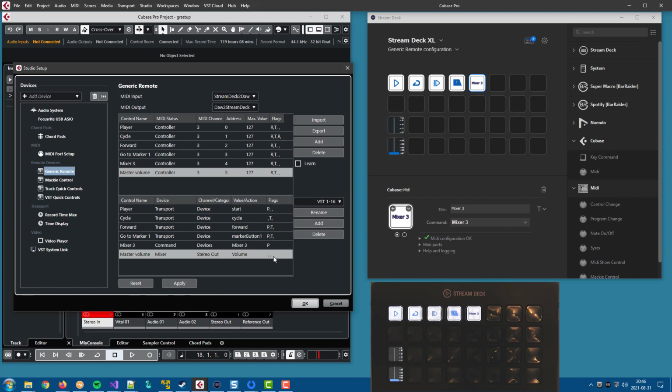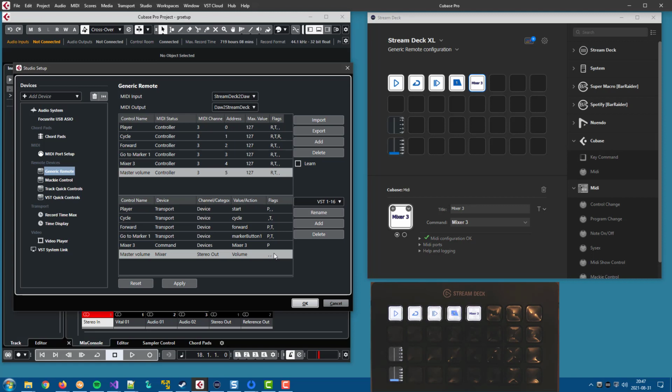This is again a situation where I should think it's logical to use the P and T flags and say that this is a hold button. We want the fader, the master volume fader, to move as long as we keep the button pressed. But for some reason, we need to leave it like this. I don't know why, but Steinberg has decided that this is the way it should be. So now we have a configuration where we can control